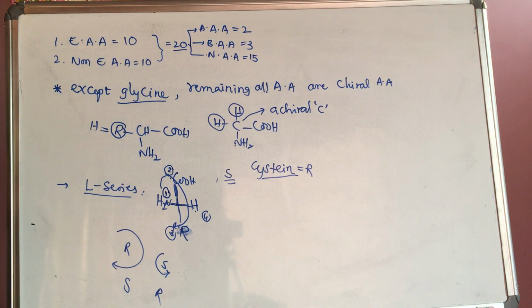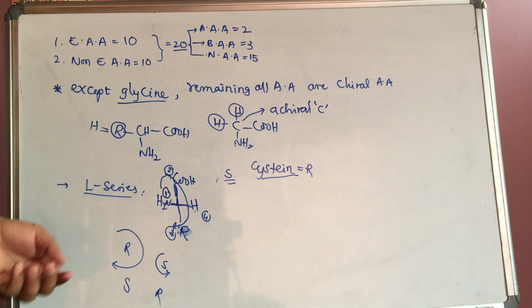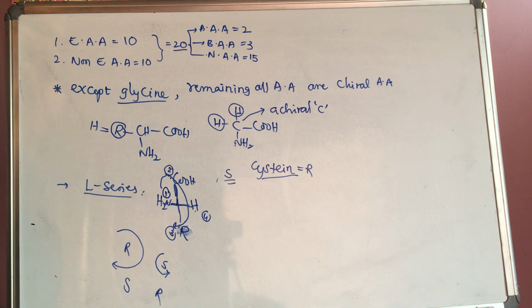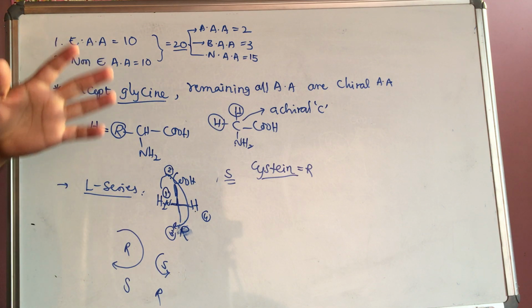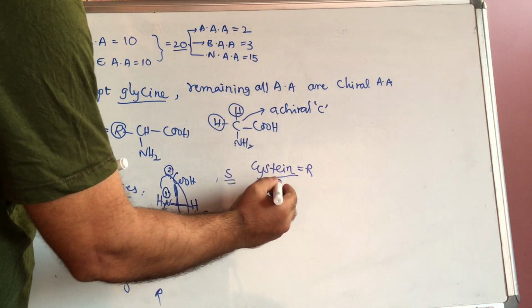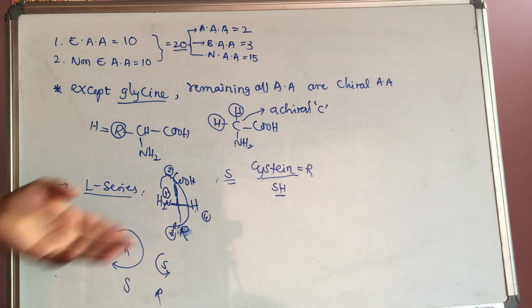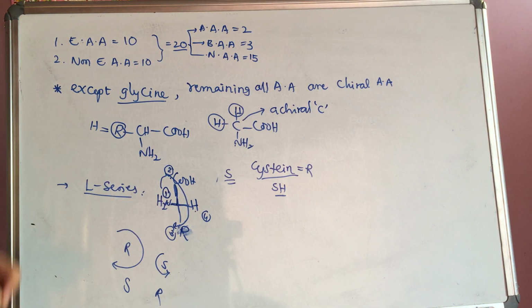This is also one of the very important questions for competitive exams: which of the following amino acids has the R configuration? This is a time-saving process in competitive exams. We can't do all this, 1, 2, 3 priority groups, clockwise, anti-clockwise, Fisher projection. That is why I am giving a very important hint for remembering: except cysteine, which has sulfur, meaning the sulfhydryl group, SH group. If you give priority based on that, only this gets the R configuration, and the remaining all get the S configuration. This is one of the most important things to remember.